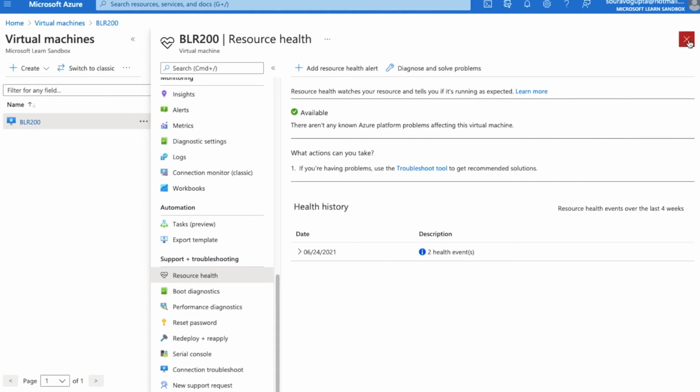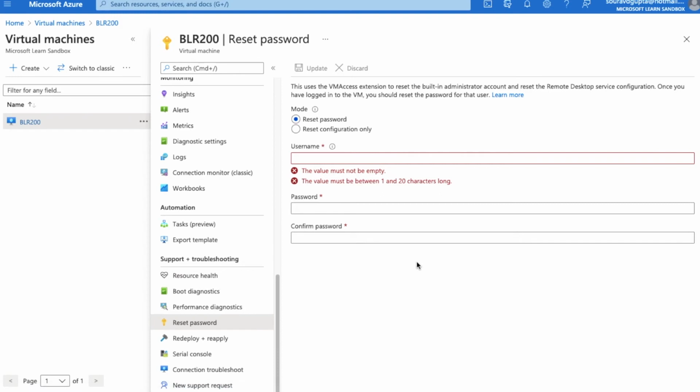So what we will do, we will go to the reset password blade under support plus troubleshooting. We'll click on reset password. Then here, by default the reset password option will be selected.